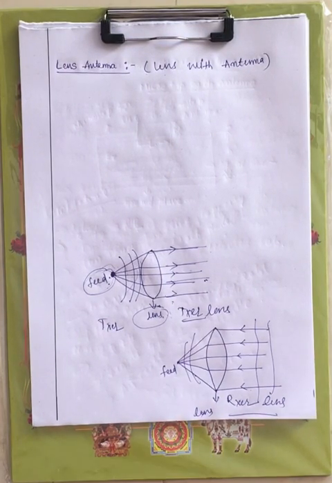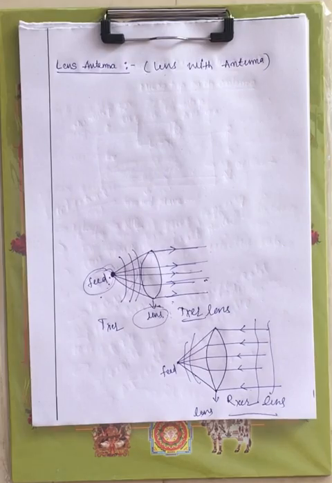Now this lens antenna is nothing but an antenna with a lens. You are not providing any feed to the lens, that's why it is called a parasitic element, and the antenna has a feed, which is nothing but your active element, right? Now this is about the lens antenna.